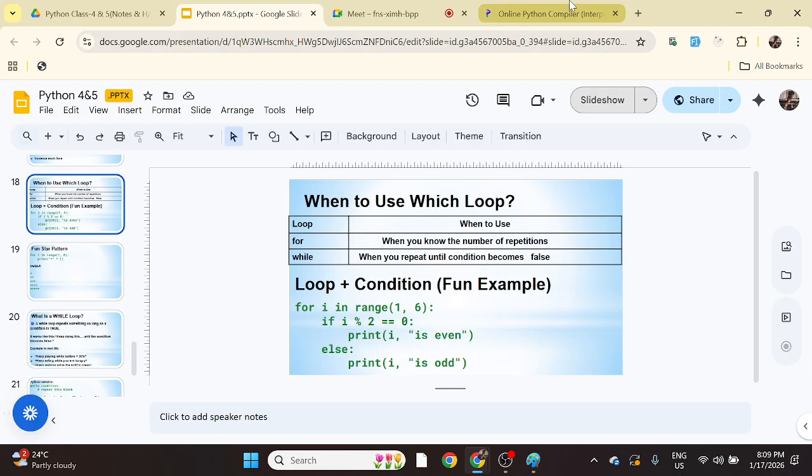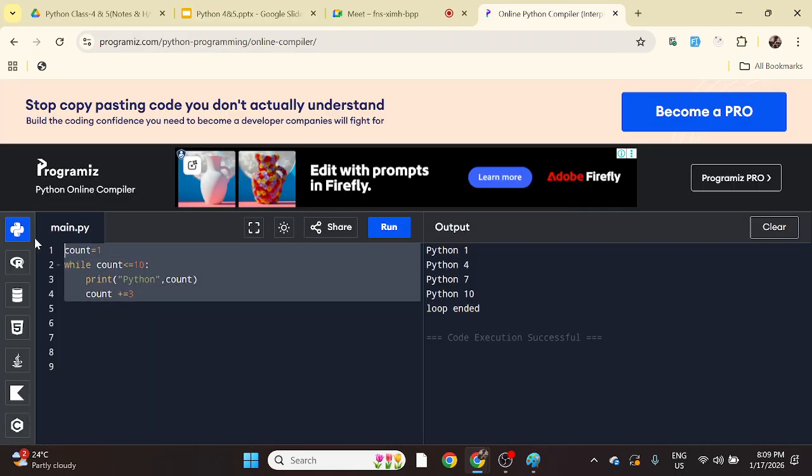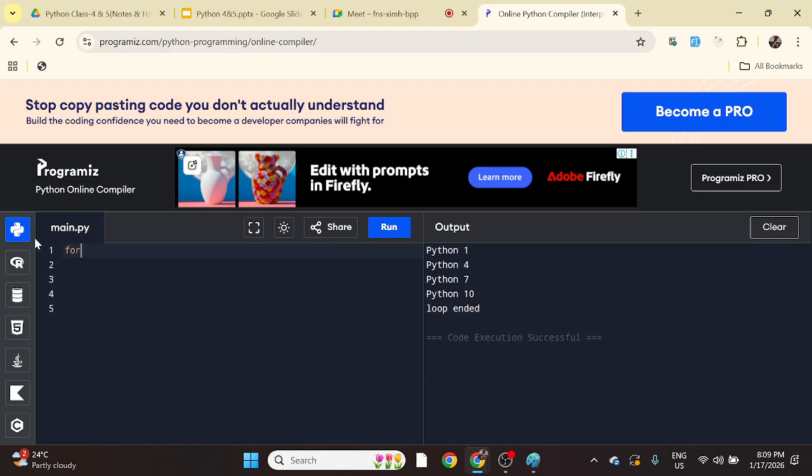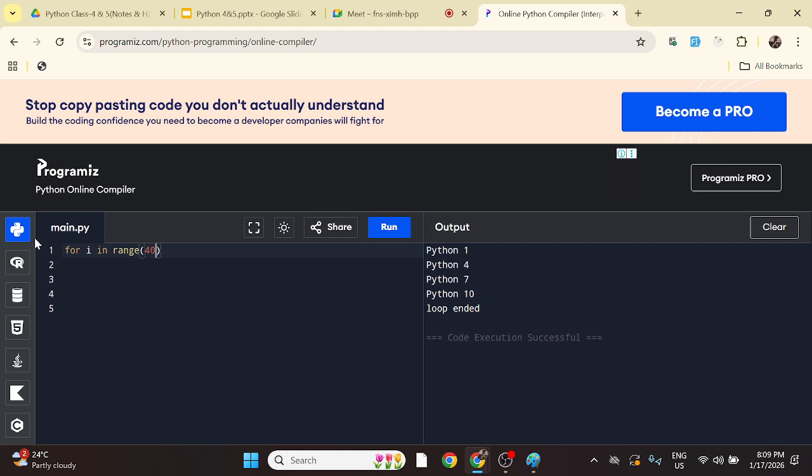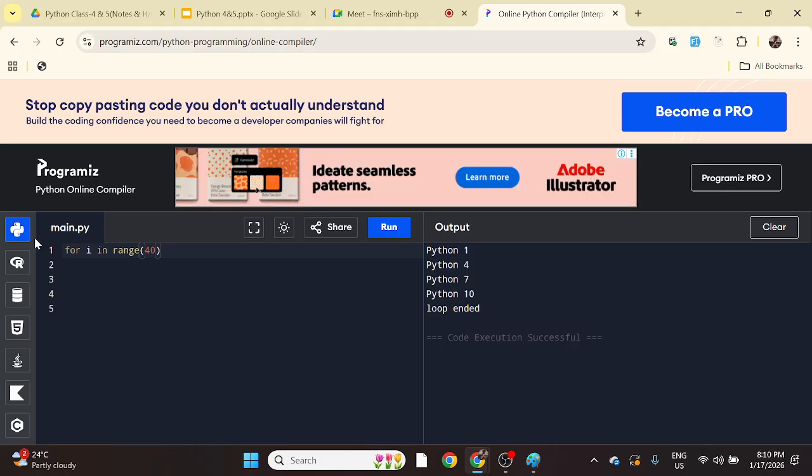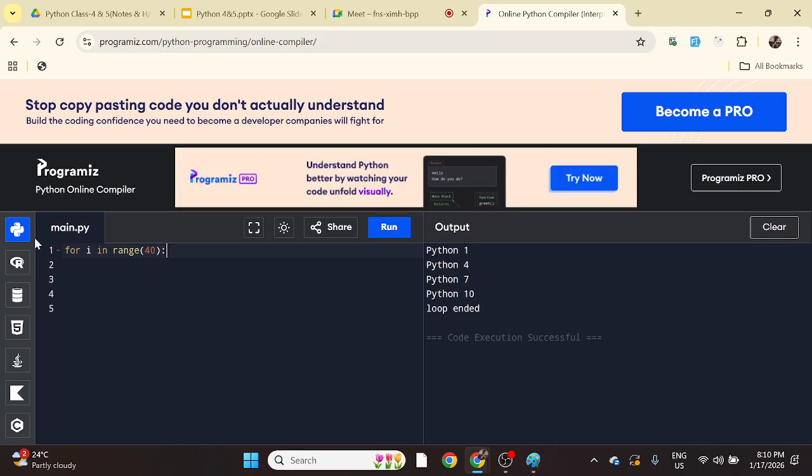Let's do one example here. Here I am using for. In most cases we use the for loop. For i in range, the same thing we are doing. Suppose I give the range as 40, and I want to check for even numbers from this range. For that I can write: if i modulus 2 is equal to 0, then here I am giving print